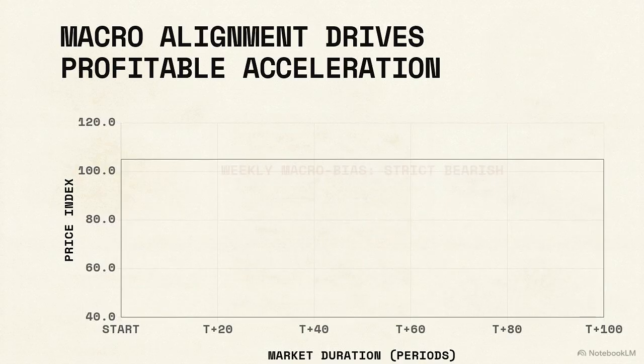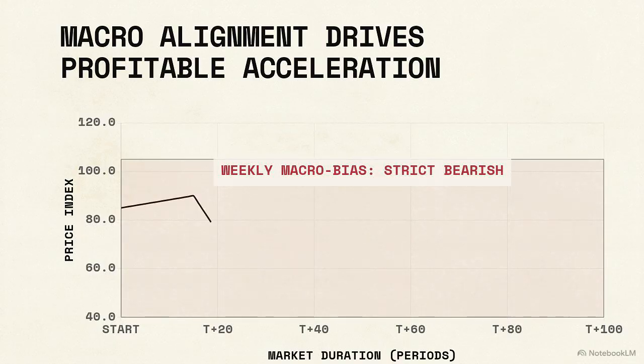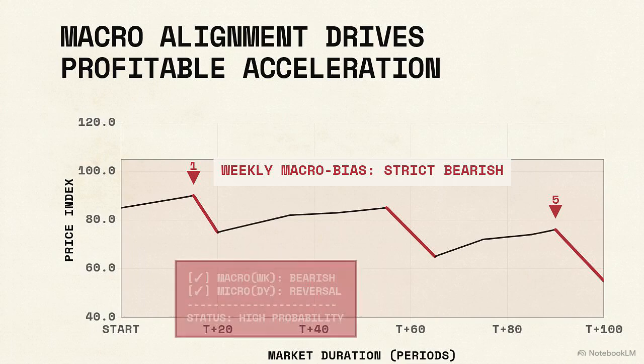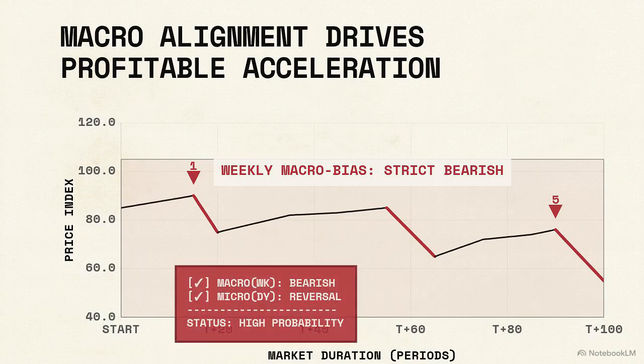Looking at this daily bond chart, we begin by establishing our baseline macro conditions. This period operates under a strict, undeniable bearish weekly bias across the entire screen. Within that macro trend, we isolate a sequence of 5 distinct lower timeframe bearish trigger points. Trigger points 1, 3, and 5 generated massive downward price acceleration immediately following the signal. These 3 specific setups satisfied every rigid parameter. The micro momentum crossed downward, while the macro momentum was heavily bearish, allowing the trader to capture the full weight